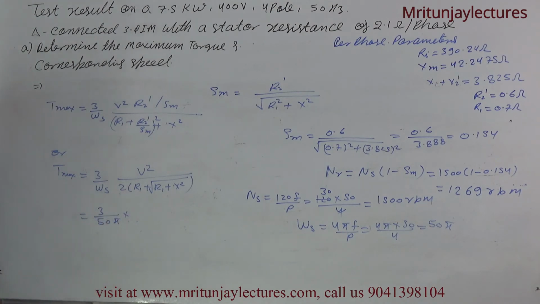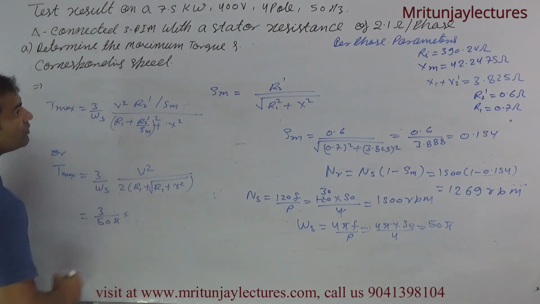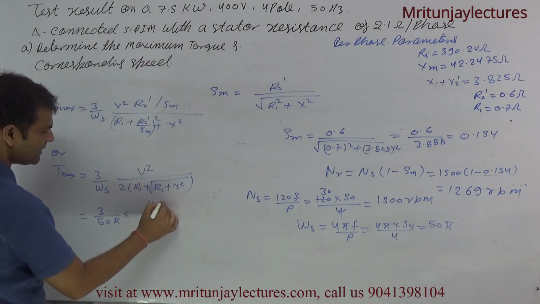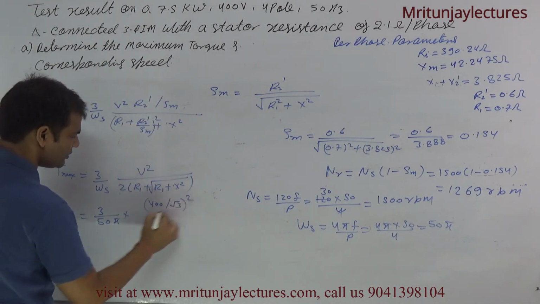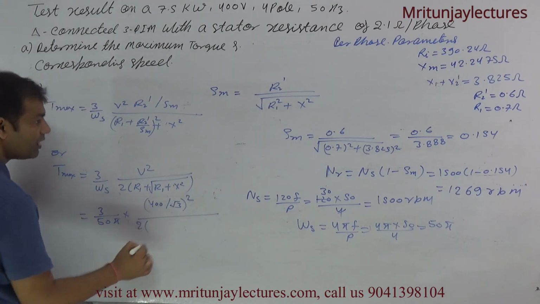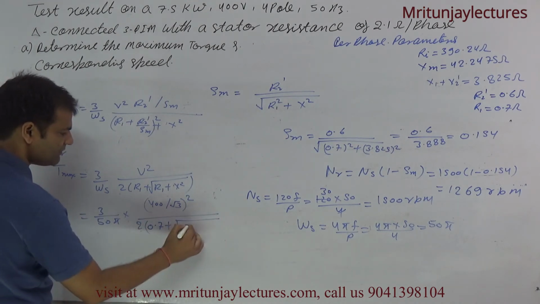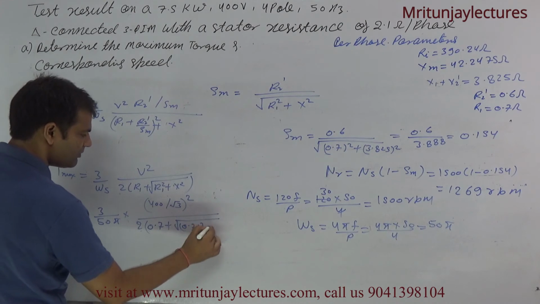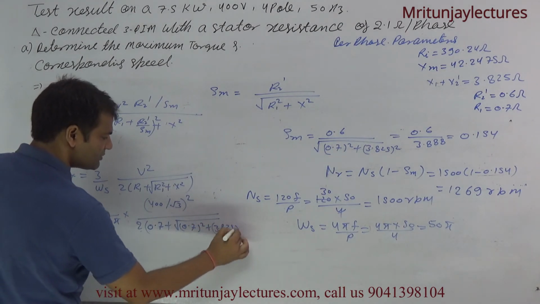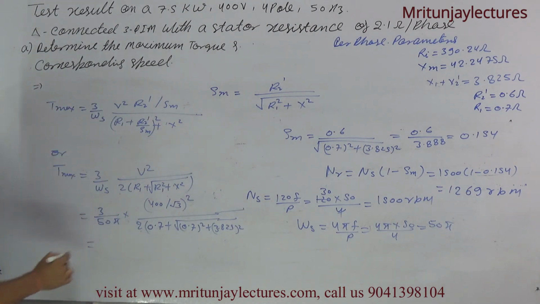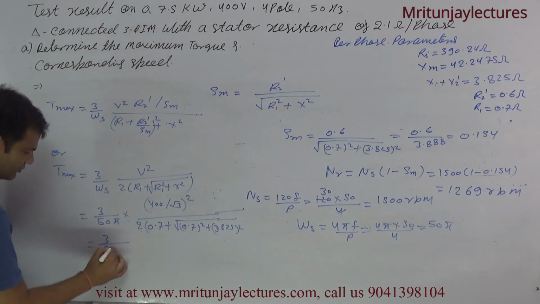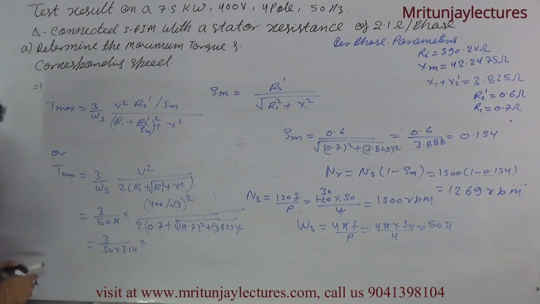V square means per phase voltage, 400 divided by root 3 to the whole square, divided by 2 into r1 which is 0.7 plus under root of 0.7 to the whole square plus 3.825 to the whole square. Clear? So finally we got 3 divided by, first of all, 3 divided by 50 into 3.14 into